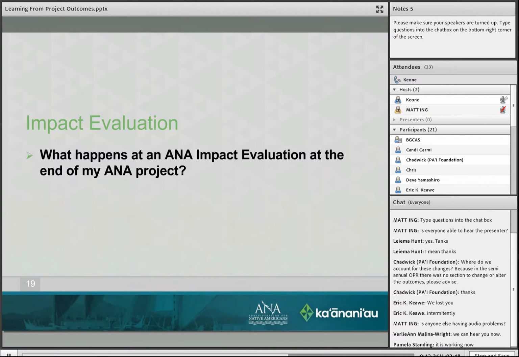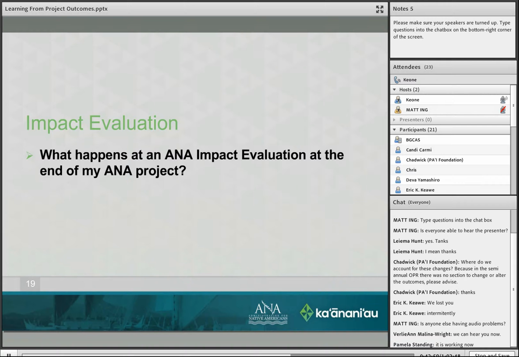A lot of people get really nervous when they get the letter saying that we're going to do an impact evaluation on your project. It's not punitive. They just want to see what impact you have had within your community.